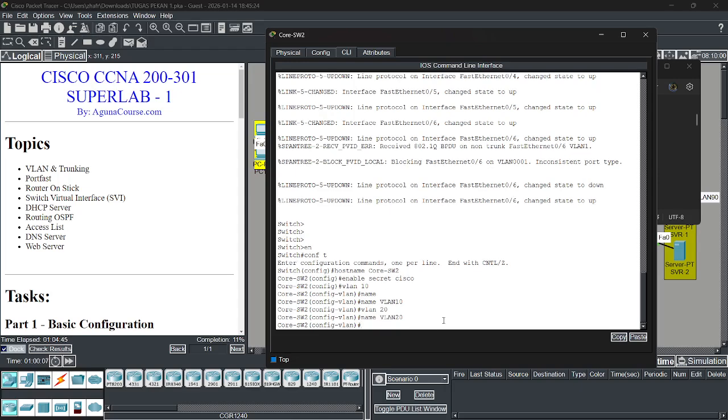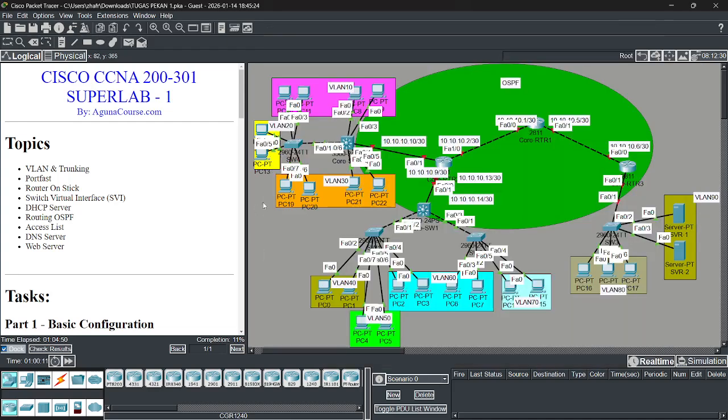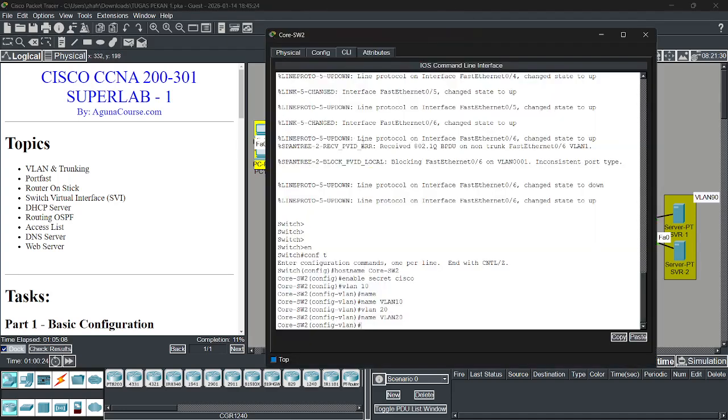Why do we add VLAN 20 when VLAN 20 is not connected to this switch? Because we need to register VLAN 20 in this switch so data can pass through this topology. Okay,